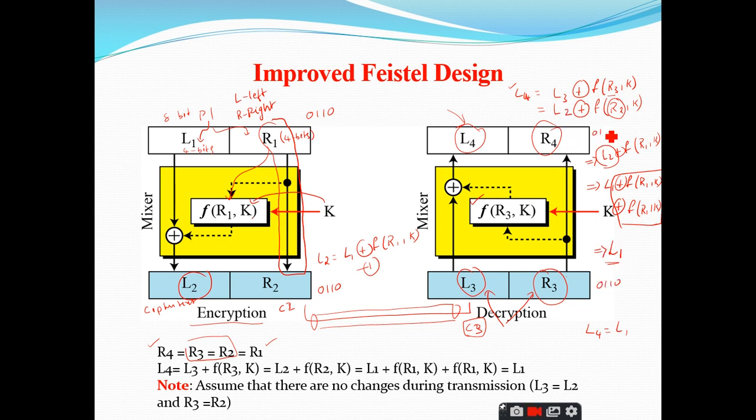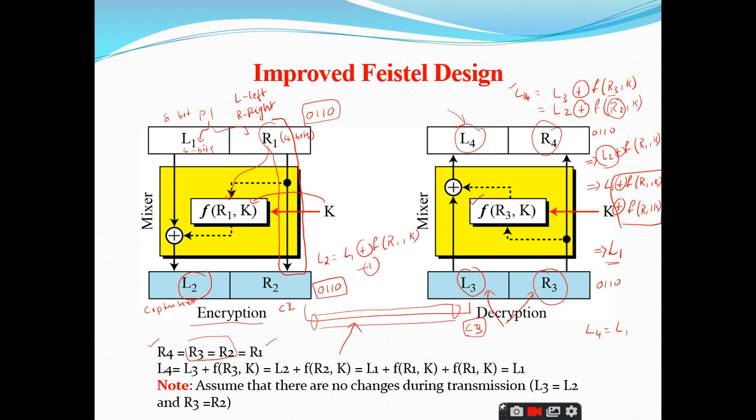What is R4? 0110. So, once the attacker attacks this communication channel, he can get what the right part of the plain text consists of. Why? Because in the cipher text we have this R2 which is equal to R1, and this R1 is the actual data. So, when he attacks the communication channel and gets the R2 part, it is equivalent to the right side part. That means he is able to get almost half of the data, the right part of the information. So, this is something not acceptable.